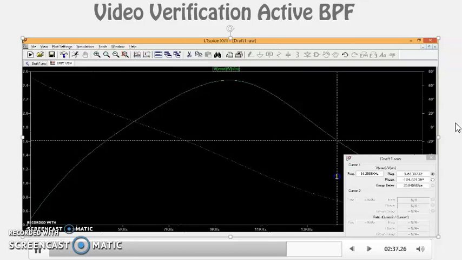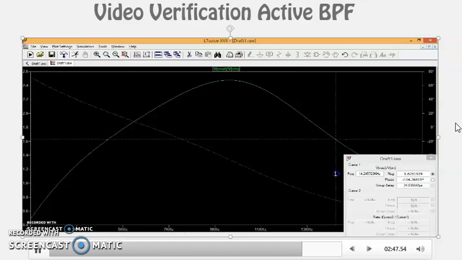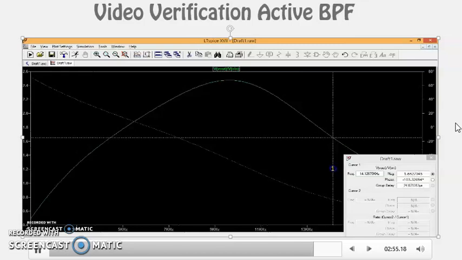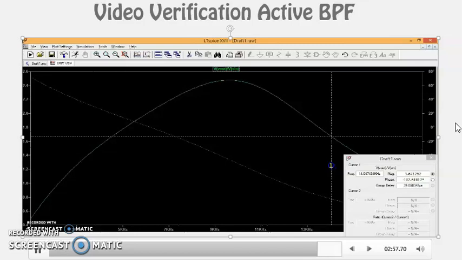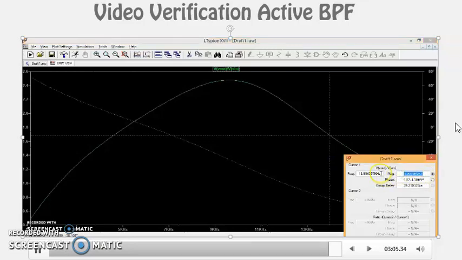So we know that the higher cutoff frequency is 14 kilohertz, and for 14 kilohertz we are supposed to get 1.4 magnitude of gain. But we'll see that this will not be as exact as we want. So at 14 kilohertz of cutoff frequency, our gain is around 1.6 instead of 1.4. So this is again to be catered for in the error analysis. Using this method, we will be determining all the points.